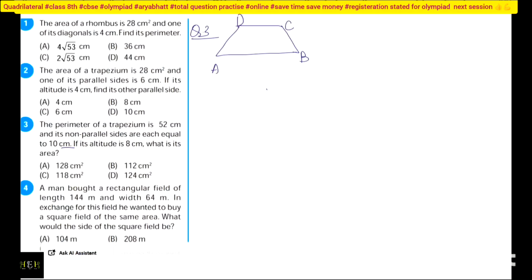Now they have given that this one will be the altitude and altitude is 8. So I can put the altitude over here. I will name them as E and F. Now what are the things they have given? Altitude is 8. Non-parallel sides each equal to 10. Okay. So if I apply the Pythagoras theorem, if these two triangles are the same, the values will be the same. So I'm not writing it or proving it. Applying the Pythagoras theorem,